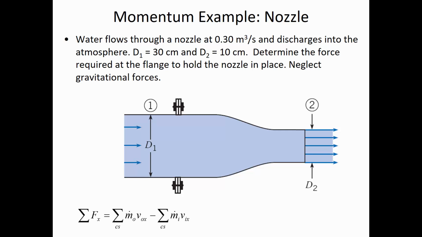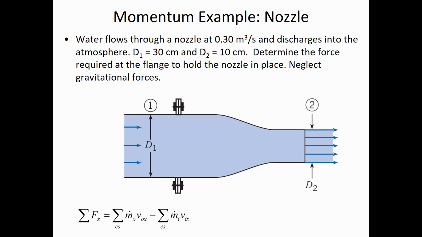You can do the same kind of thing at 2, because you know it's the same flow rate. It's the same 0.3 cubic meters per second. It's just flowing through a smaller area. So the velocity is going to be higher at 2. So find V2. So we're going to say V2 is Q divided by A2. And now that you know the